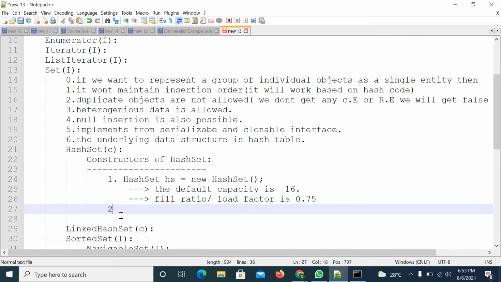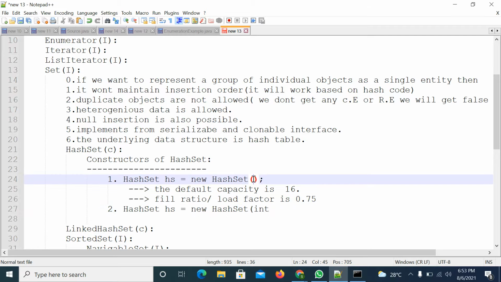What is the second way? HashSet hs = new HashSet(initialCapacity). While creating the object, you can give the initial capacity. If you don't provide any initial capacity, by default it is 16. If you don't want the default capacity, you can create it with an initial capacity by passing some integer number.